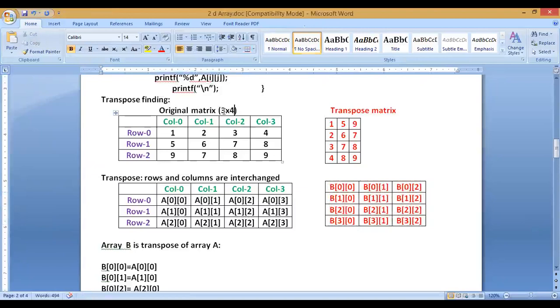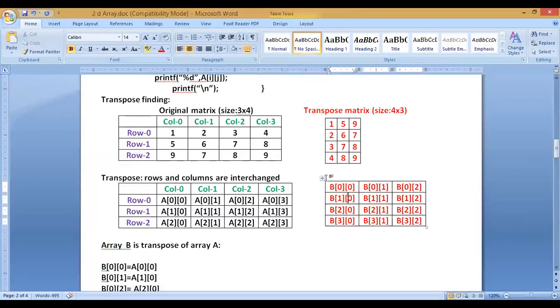I can write here the size was 3 cross 4. And what about the transpose matrix? The transpose matrix is 4 cross 3, right? I can write here the size is 4 cross 3.